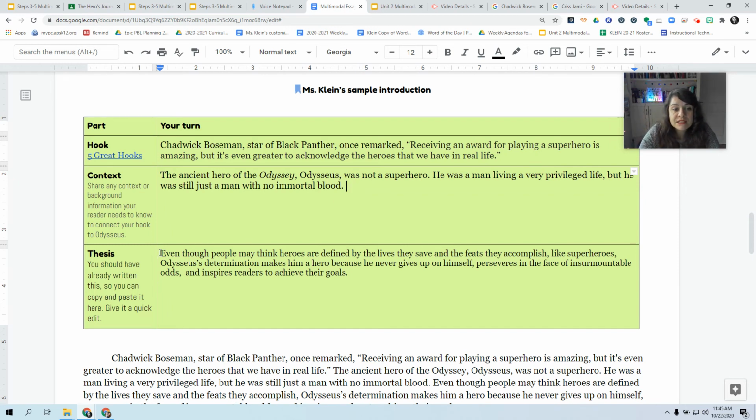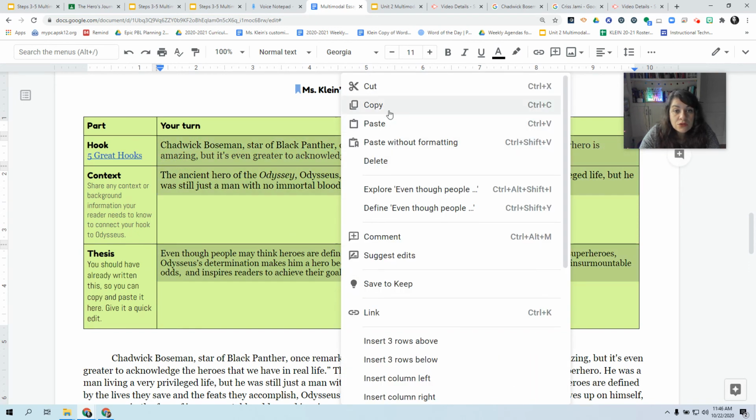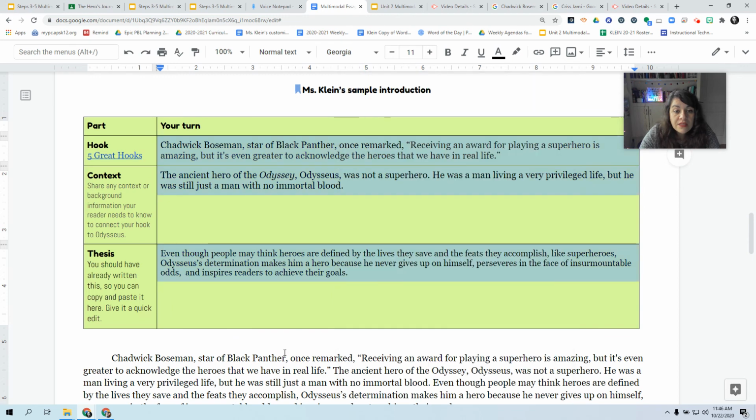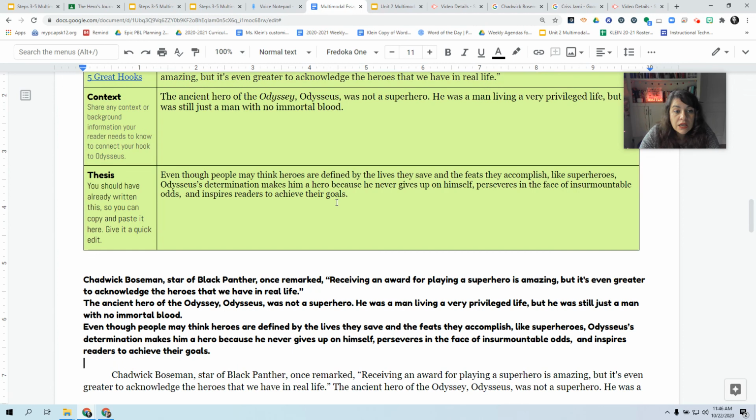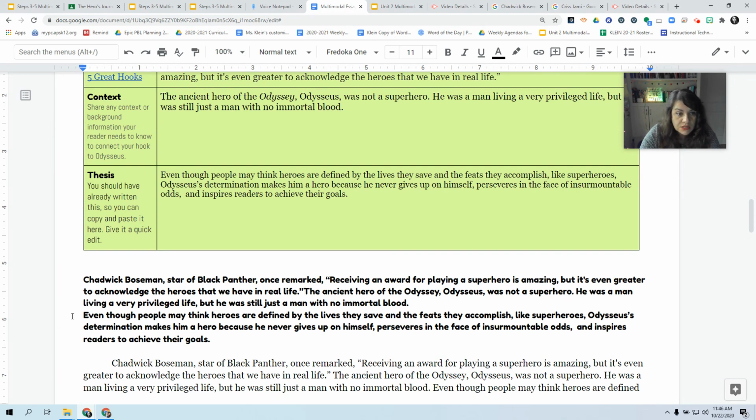Now I'm adding my thesis. Now this thesis is the exact thesis I wrote in step 3, and I just plopped it in here, filling the thesis requirement. Now I'm going to put it all together as a paragraph and read it to make sure it makes sense. So to do that, you highlight just this part, go to copy, and then down here go to paste without formatting, and ta-da. Then you just have to go back in and do this kind of stuff.